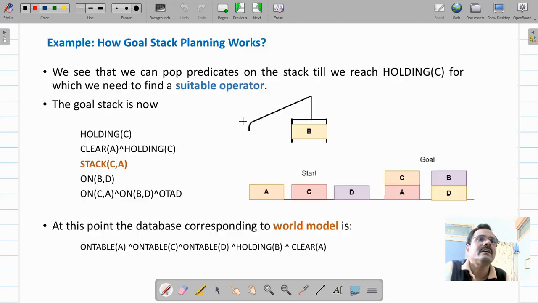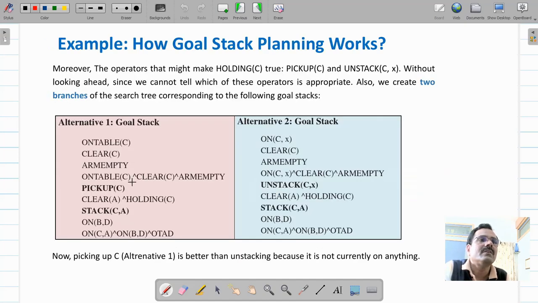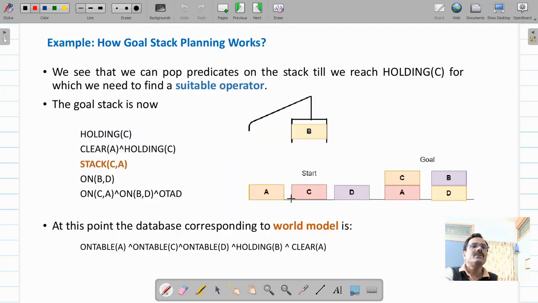We'll have to select one of the alternatives from this. If you perform pickup C, this is how your goal stack will look, which we have shown on the left hand side. If unstack C X is chosen, then the goal stack is shown on the right hand side.